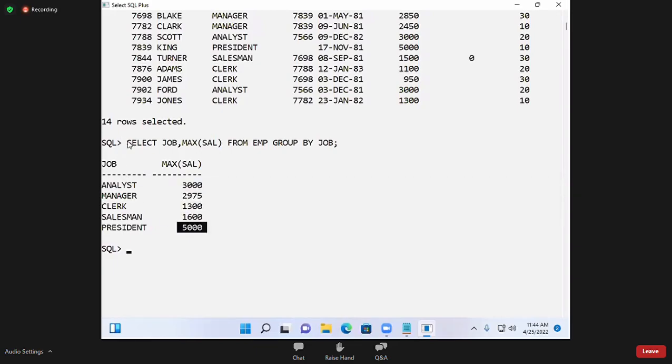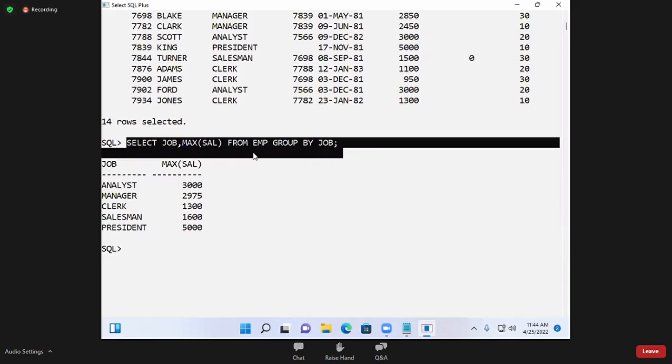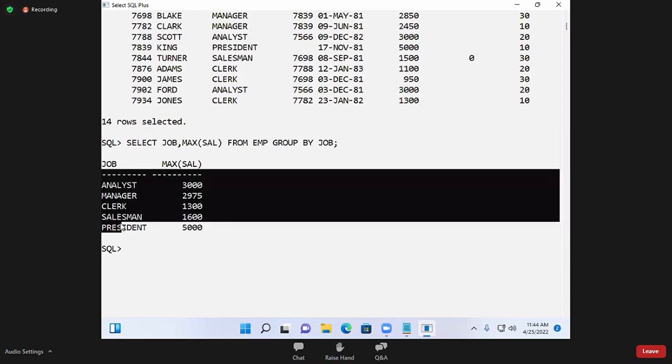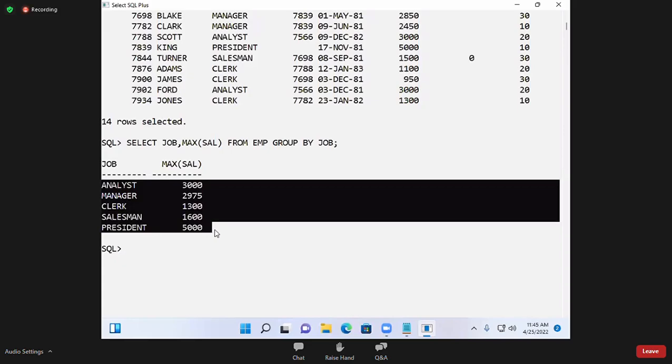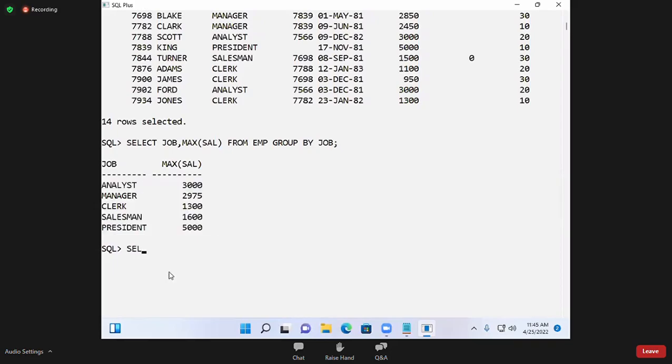So this you already know how to work. Already I explained group by. Yes or no? Already we know in early classes how group by was working. So this is my inner query result. Now tell me, how many values does the inner query return? More than one value. More than one value means it comes under multiple row or single row? Multiple rows. So let me write your outer query: select star from EMP where